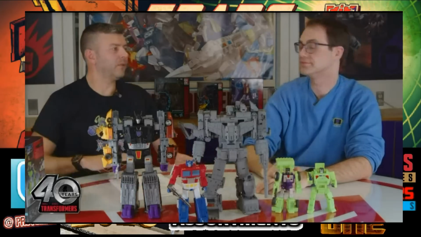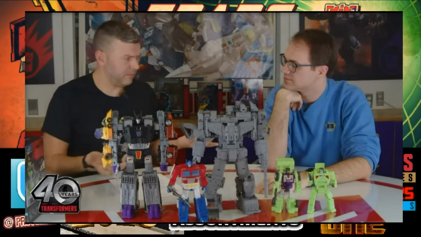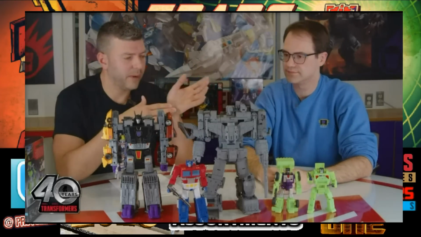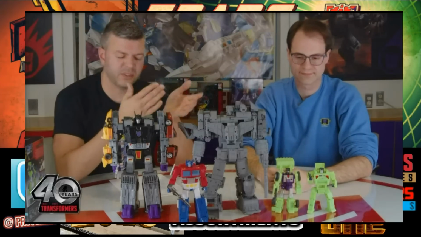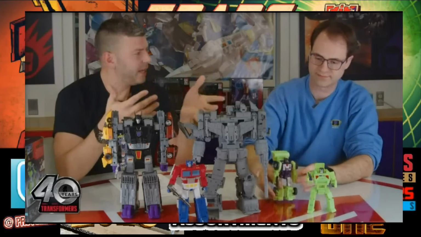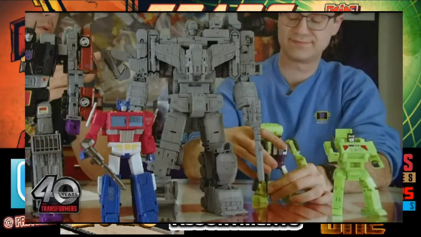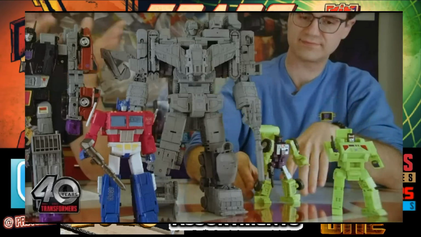One thing I did want to cover, kind of back to what we're doing in 2025, that's going to be different than in past years. So typically in Legacy, Age of the Primes, and Power of the Primes before that, we have 4 waves per year per scale, for Deluxe, Voyager, and Leader. Now what that did was, our case pack of Deluxe is 8. So we can fit 8 figures into a case pack. It's 3 for Voyager and 2 for Leader. So we only have a certain number of slots that we can use, but the way to fill out 32